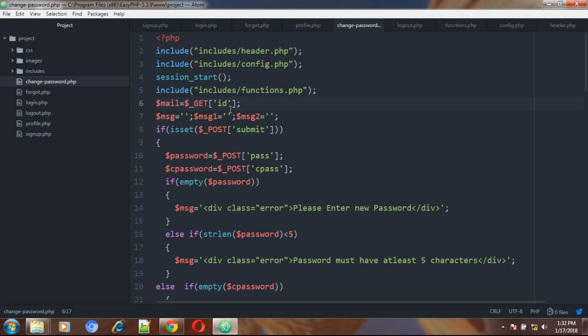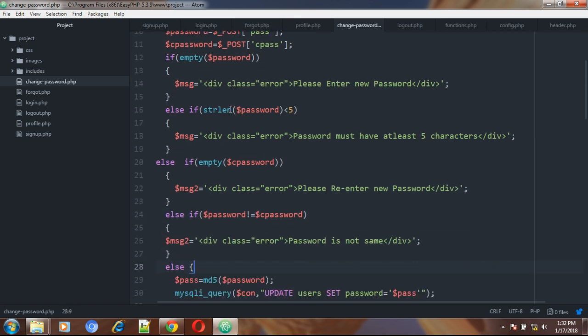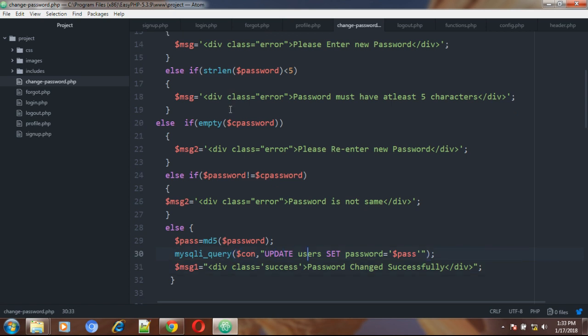Okay, now what we will do is we will update the password of the user. Okay, now what we will do is,